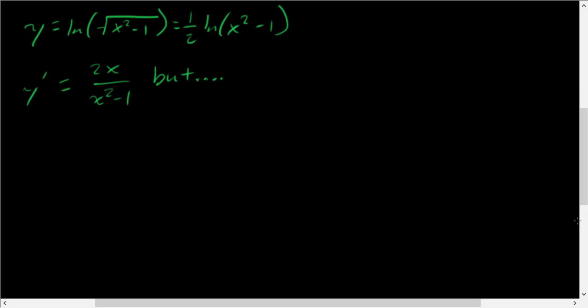Okay, so you guys recall that we had found the derivative of natural log of root x squared minus 1. We were able to rewrite it in this form, and then we found y prime was equal to 2x over x squared minus 1, right? But there's going to be some issues, right? When we found the domain,